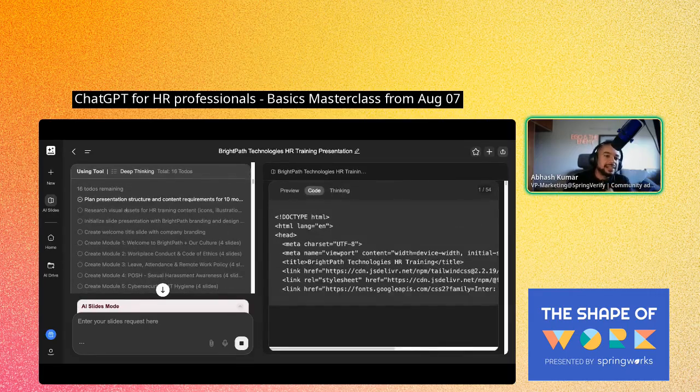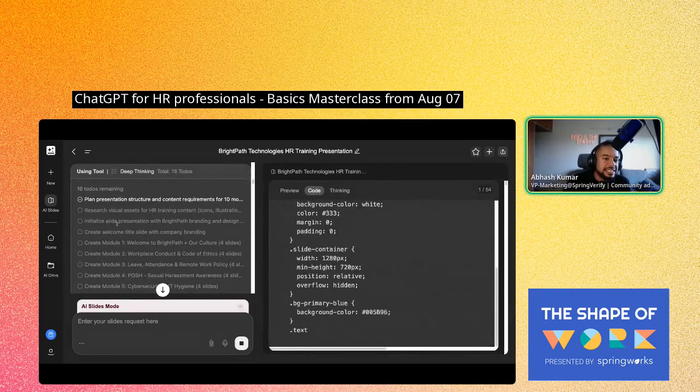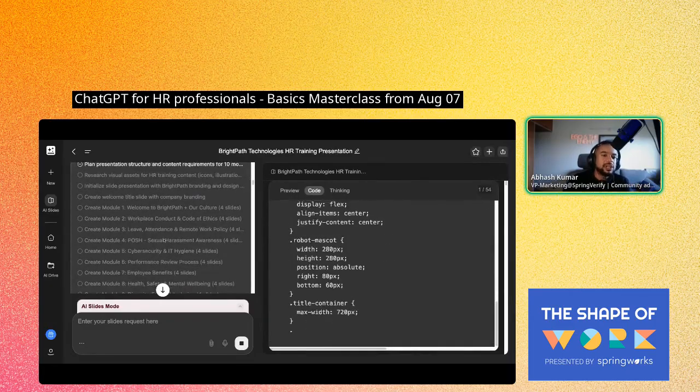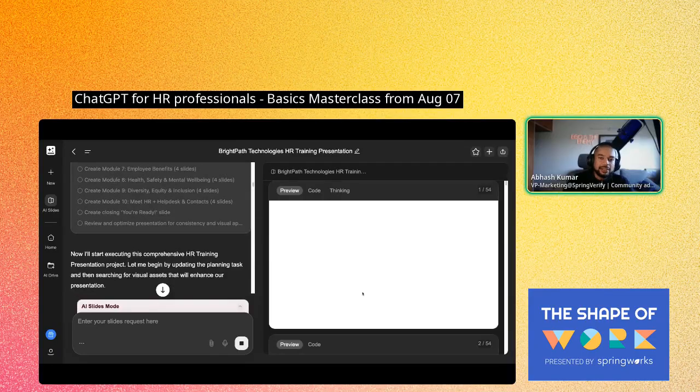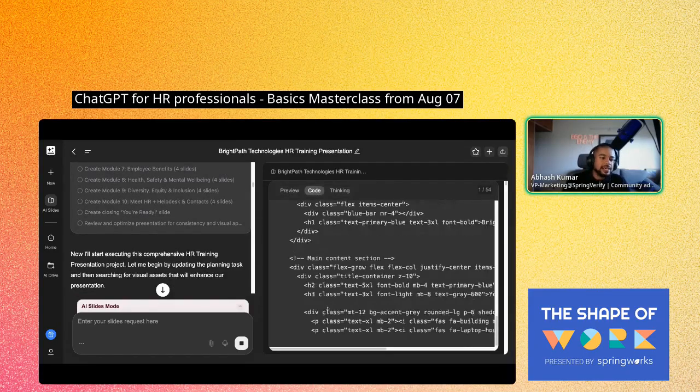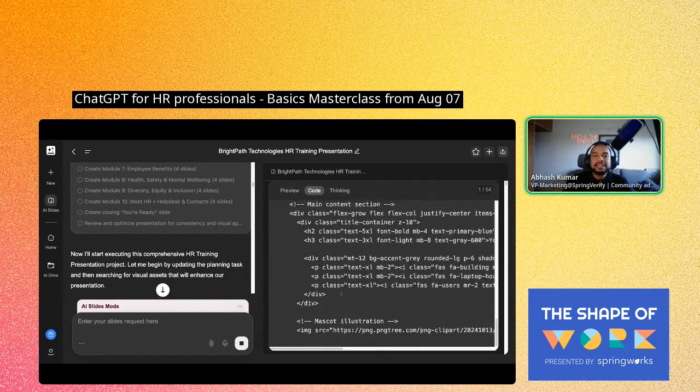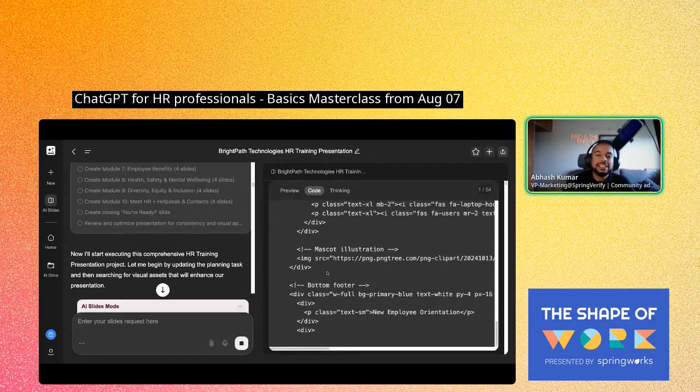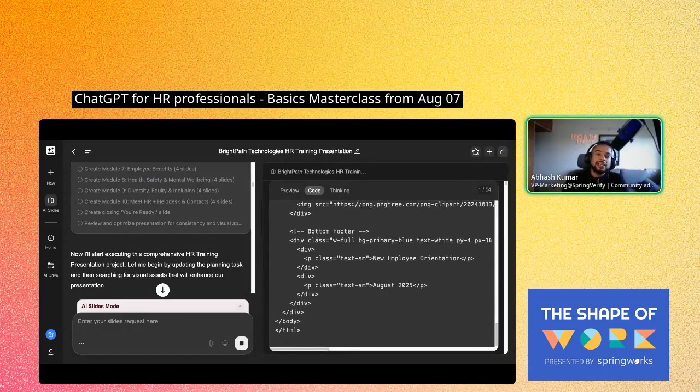Plan presentation structure, research visual assets, initialize slide presentation, and then each module is a subtask, right? And you can see on the right hand side it is coding it, right? So again, the difference is, in this case, it is literally creating HTML for that presentation, so the visual quality of the presentation will be really high.